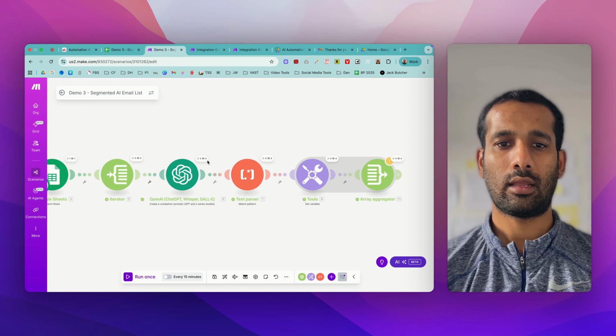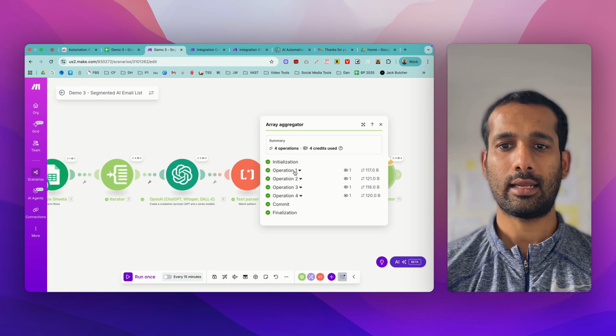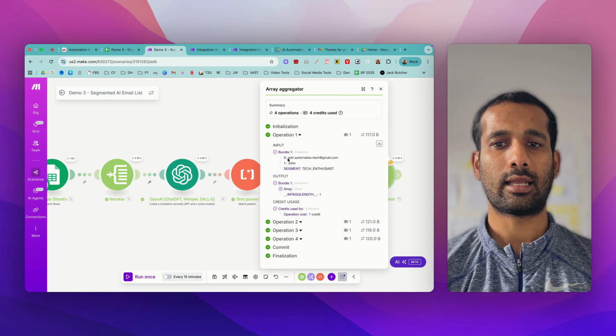If we come into our output of the GPT module, you can see that our output contains the segment, reason, priority. If we come into the text parser, it also shows the segment, reason, and priority. And here in our set variable, it shows the segment, what is being set, the tech enthusiast. And now if we come to our aggregator, we will see that it contains the email, the name, and the